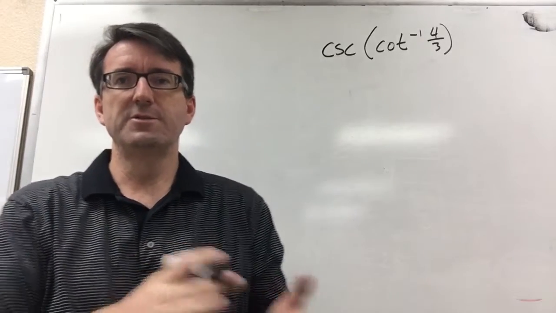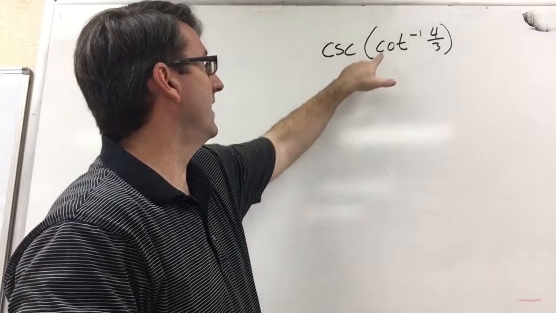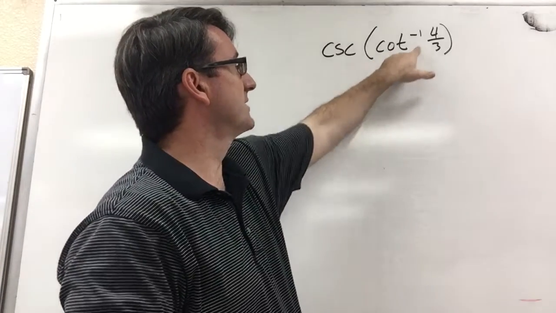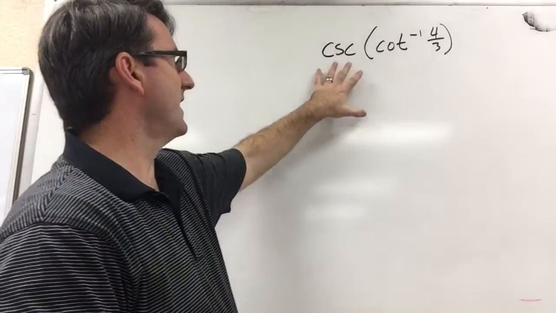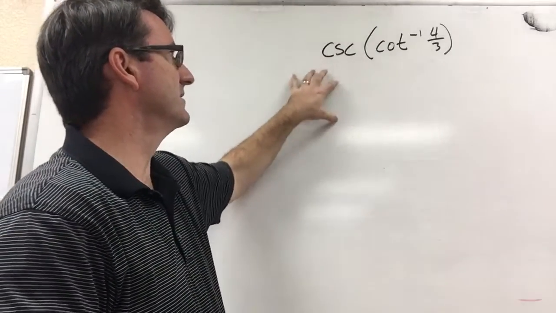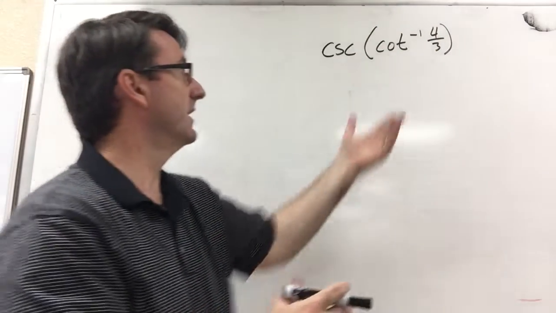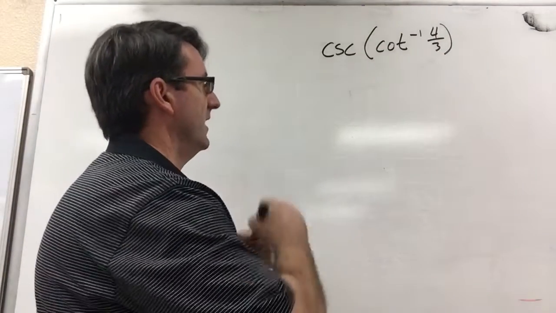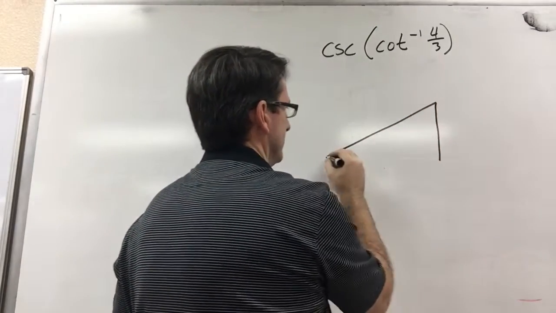Number 11 says, assuming an angle in quadrant 1, find the cosecant of the inverse cotangent of 4/3. So for this kind of problem where we have the trig function of another trig function, or an inverse trig function here, what we want to do is draw a little triangle